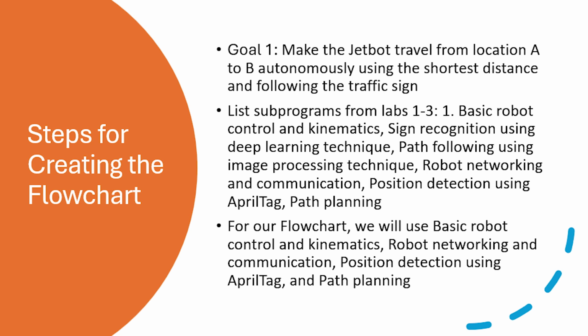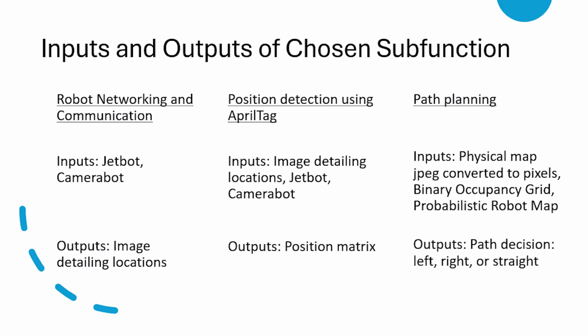Of all the subprograms that we worked on in Labs 1 through 3, we chose to pursue basic robot control and kinematics, robot networking and communication, position detection using the April tag, and path planning for our task. To view how these subfunctions connect to create the overall goal, we begin by analyzing inputs and outputs of the